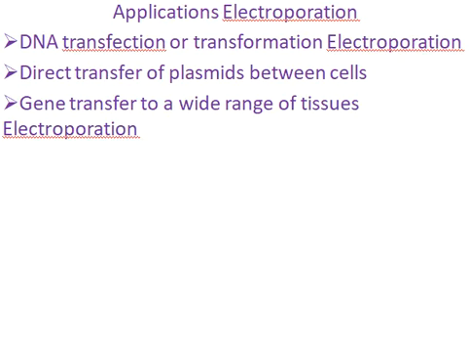Next technique is direct transfer of plasmid between cells. It involves the incubation of bacterial cells containing a plasmid with another strain which is lacking the plasmid, but at the same time that strain contains some desirable features. That means those features may be needed. Okay, next one.